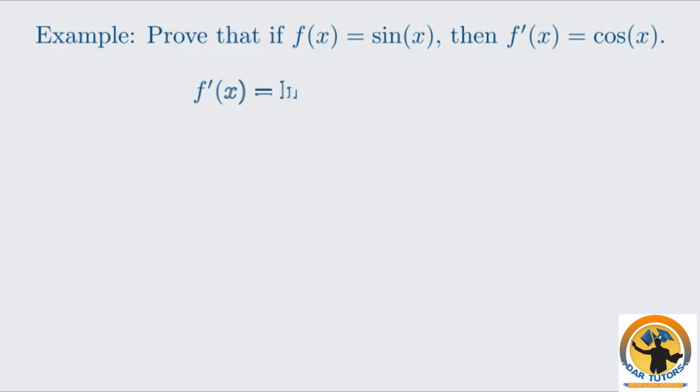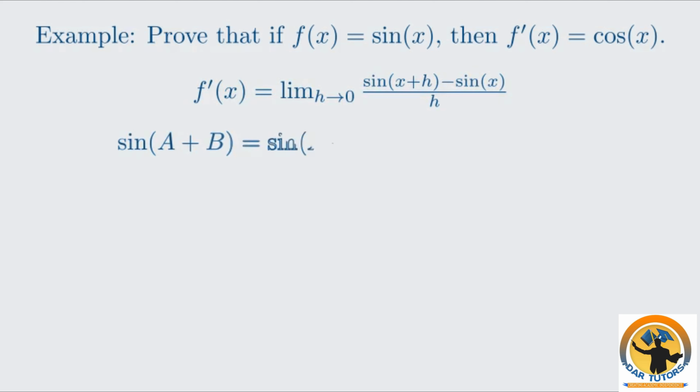f prime of x equals the limit as h approaches 0 of sine of x plus h minus sine x, all over h. Here, we need to use the trigonometric identity for the sine of a sum of angles. Recall that sine of a plus b equals sine a cosine b plus cosine a sine b. Applying this to our expression, with a equals x and b equals h,